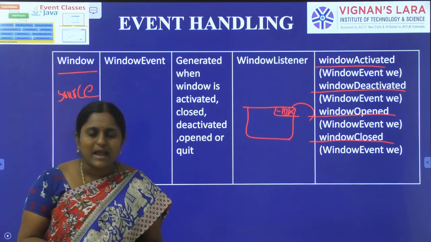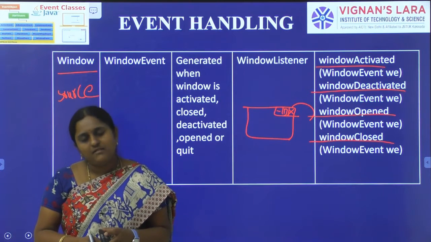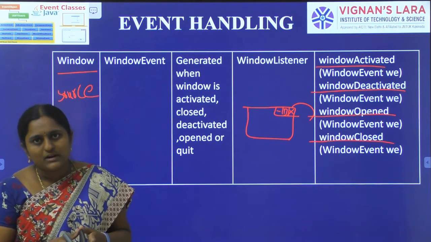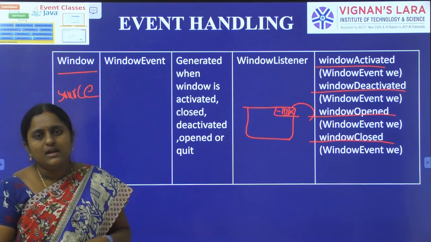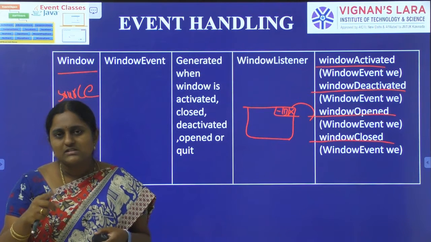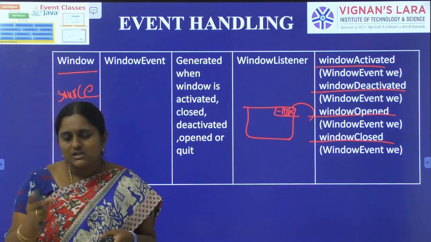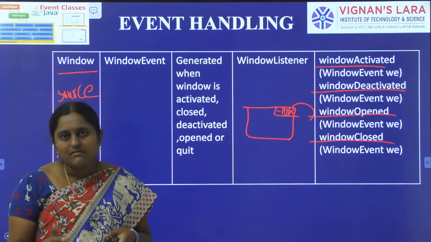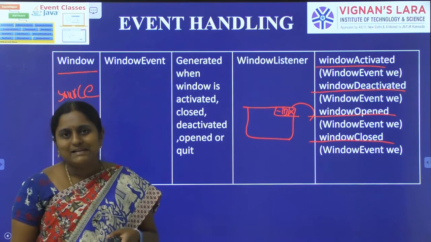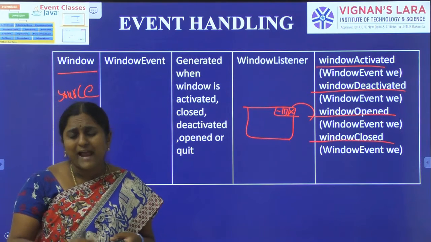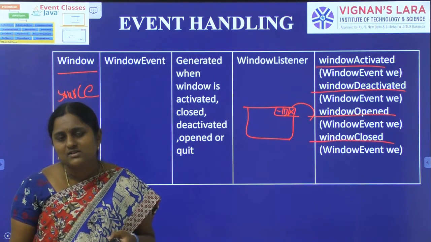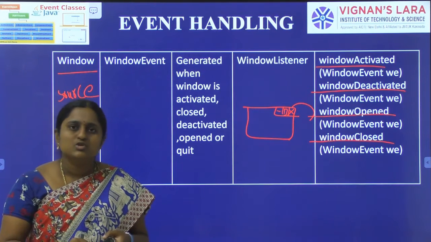In Java, how can we handle the events? Events are generated, but how can we handle them? Java has one model, called the event delegation model. The event delegation model has two key parts: source and listener. Source is the class, listener is the interface. In the sources, events are generated. Whenever an event is generated, those events are sent to listeners. For handling these events, listeners first of all should register with one or more sources.